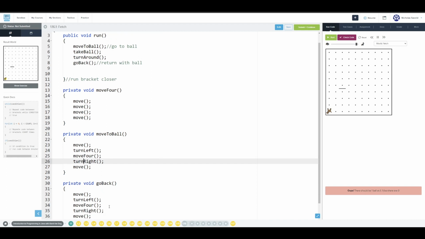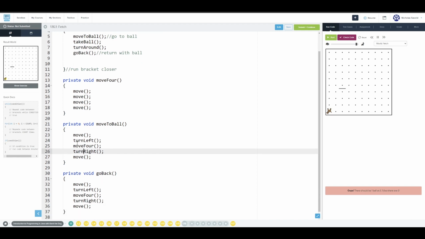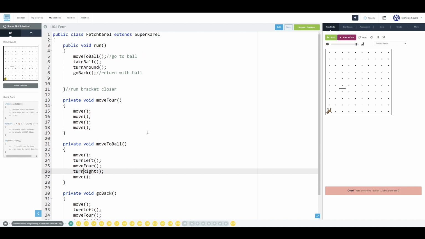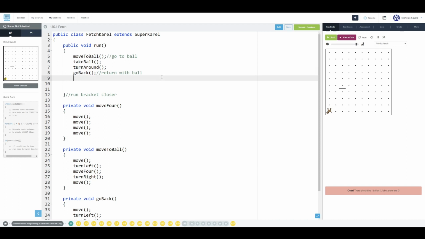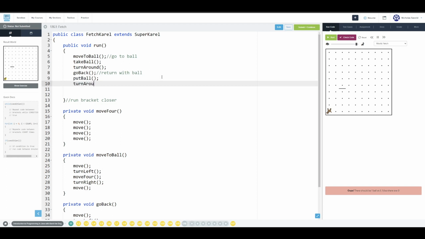We wrote the methods we needed, and we kind of saw that these would repeat. So that might have been because of hindsight. We had already coded this, but you kind of get the idea how we're writing the story. So what do we need to do to kind of finish it up? He needs to put the ball and flip-flop. We got it. So don't forget we also kind of used this one and this one from Super Karel, and